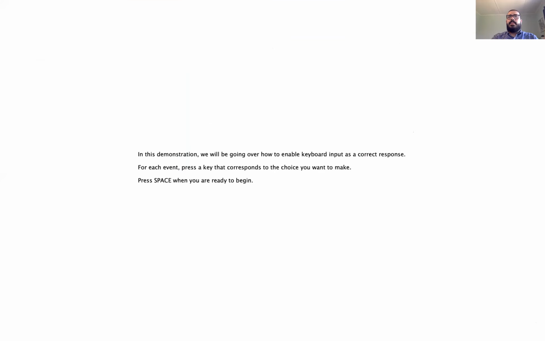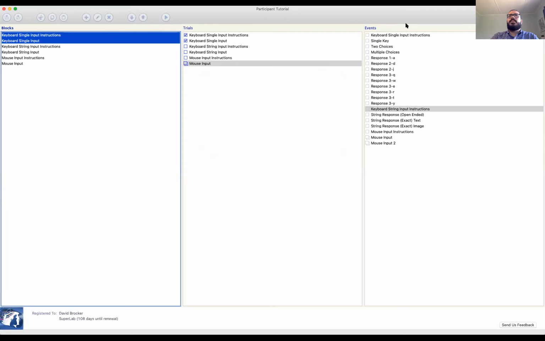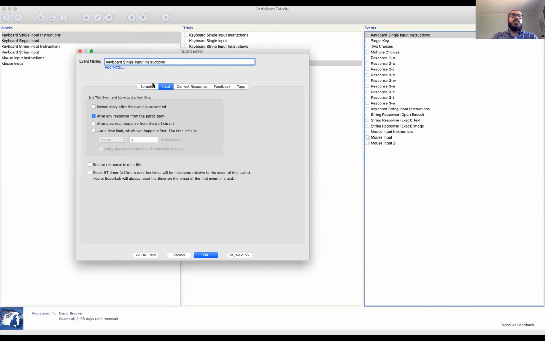So we'll be going over how to enable keyboard input as a correct response. For each event, press the key that corresponds to the choice you want to make. Press space if you're ready to begin. Now, funny enough, this event looks for a key response, but we're not going to actually tell it what it is because we're just going to be pressing space, because there's no real key that needs to be pressed here that says no, only advance when you see this. So we press space. Now, if you remember, I had made those instructions where I said only if an event designates this as such. So what I have to do is go in here now